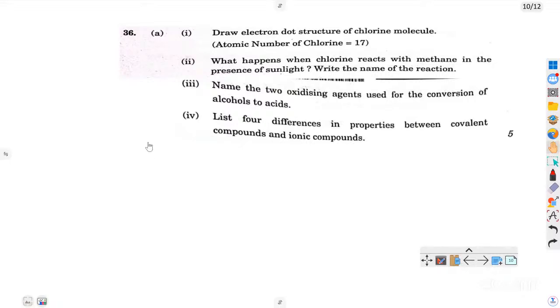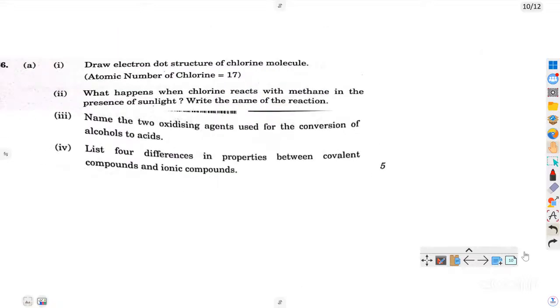Yeah, 5 mark question. Draw the electron dot structure of chlorine molecule. It's very easy. So chlorine has 7 valence electrons. Another chlorine has the same 7 valence electrons, 2, 8, 7, right? So this is the electron dot structure. You can draw a circle